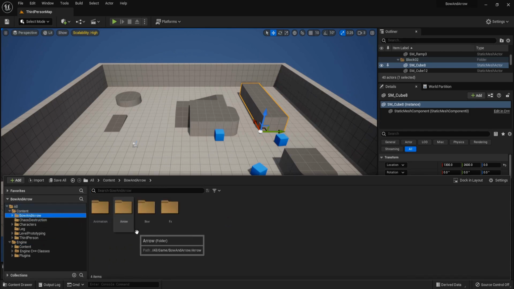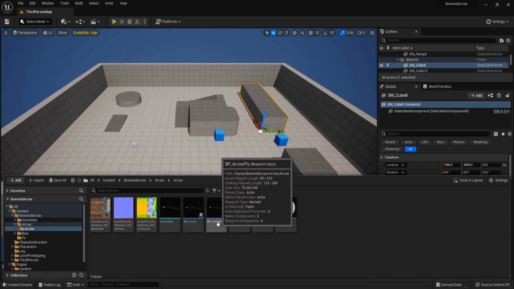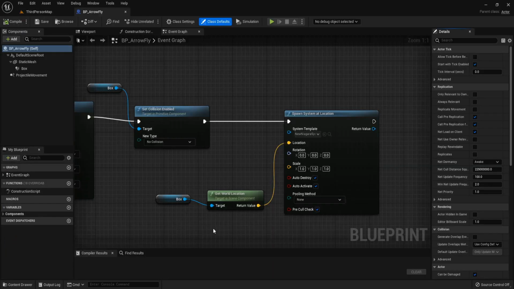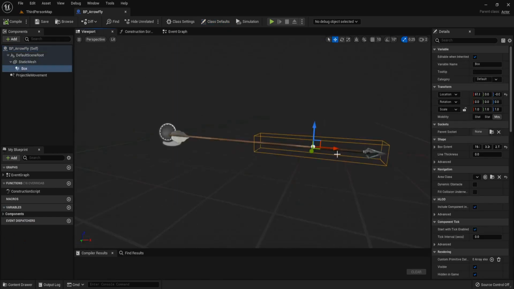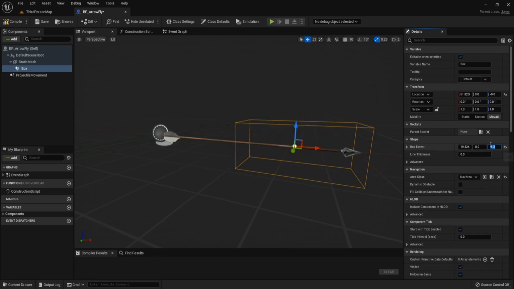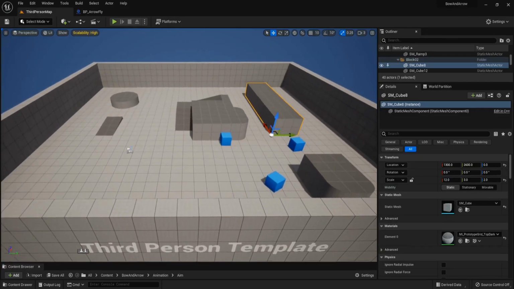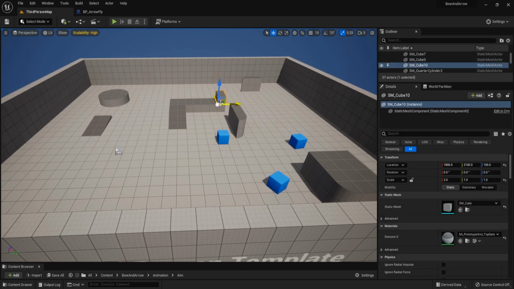Then go to bow and arrow. For our arrow, BP arrow fly, like on viewport, and this position we want to make it larger. For Y is 8 and Z is 8. Go to our scene and delete all of this mesh.